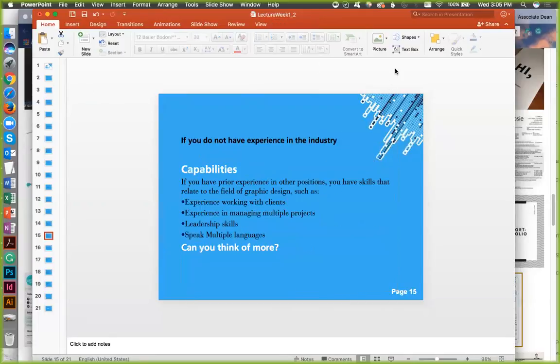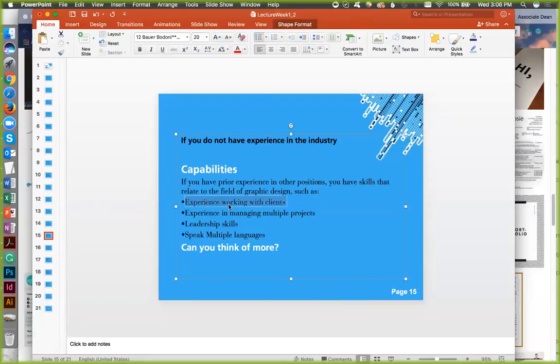Now, if you don't have any experience in the industry or any experience, which is no big deal, you can write in capabilities. I'm sure you've done things in the industry, or you've had a position somewhere, whether it be a nanny, a babysitter, a mom, a dad, maybe you've done painting or anything like that. Turn your capabilities into experience.